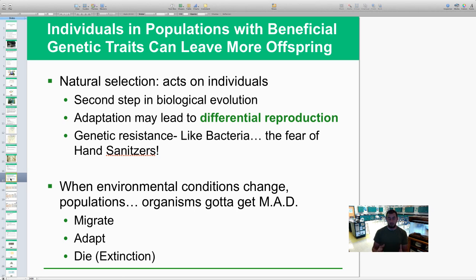So when the environment changes, which is the other driving force besides genetic change or mutations, the driving force comes from environmental conditions changing. When that change does come in the environment, organisms have to do